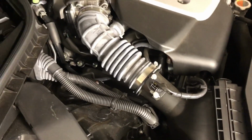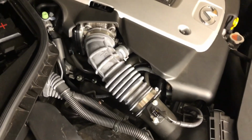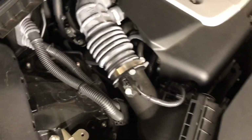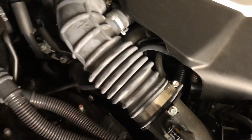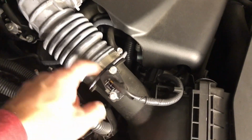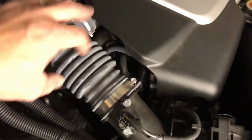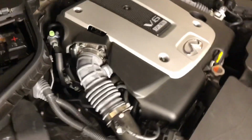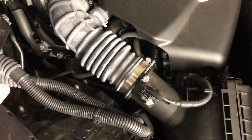So we're gonna replace these bad boys here. If you're new to these cars, or you're not experienced in modifying vehicles and installing cold air intake kits or these types of intake tubes, the reason we're getting rid of this is obviously this ridged tube causes turbulence in the air as it enters your air box and goes through your filter, past your MAF, your mass airflow sensor, into this tube. These ribs cause turbulence in the air, and we want to streamline that process. So by getting rid of these and installing these nice smooth Z1 intake tubes,